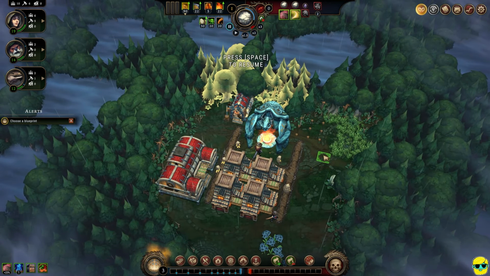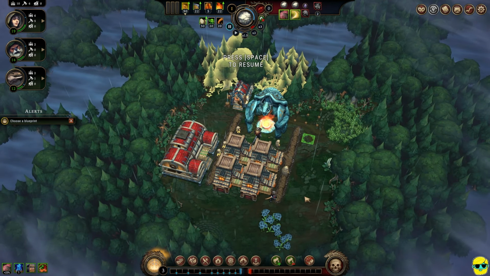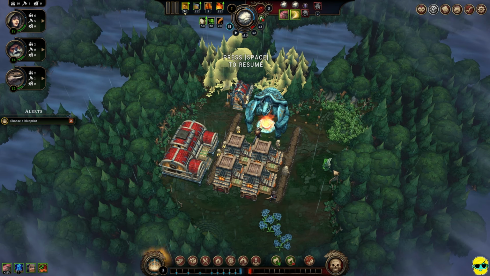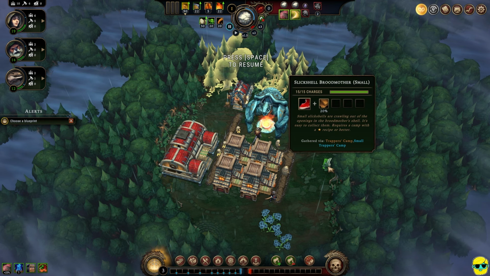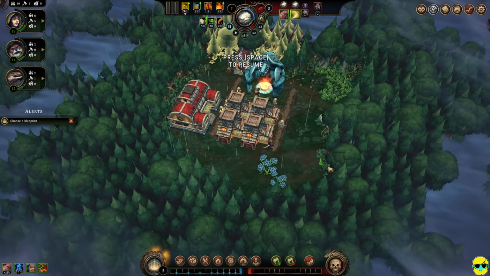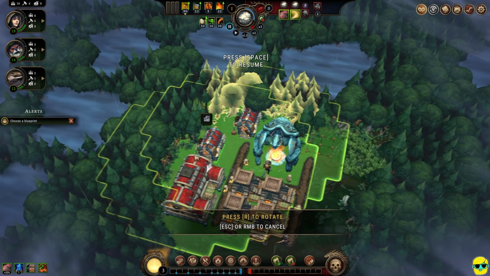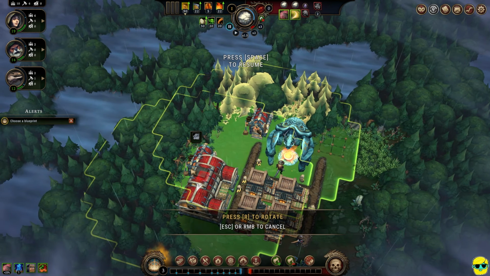Now, also, you'll see that I have 6 unemployed. I could click on or mouse over the flax field and build a harvester's camp, or I could go over here and build a trapper's camp to get this meat. Now, that's a good idea. But instead, I'm going to build another woodcutter's hut. And I'm going to put it right...